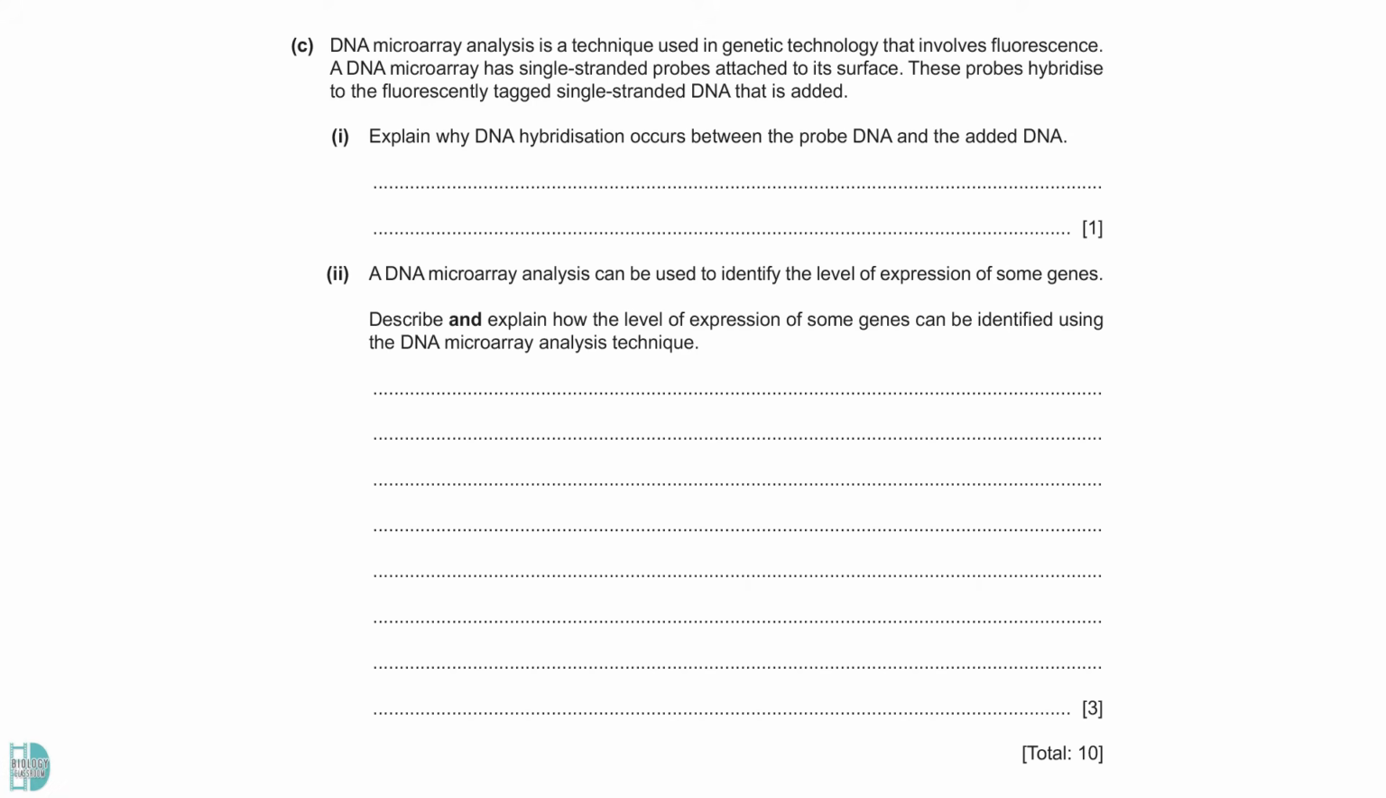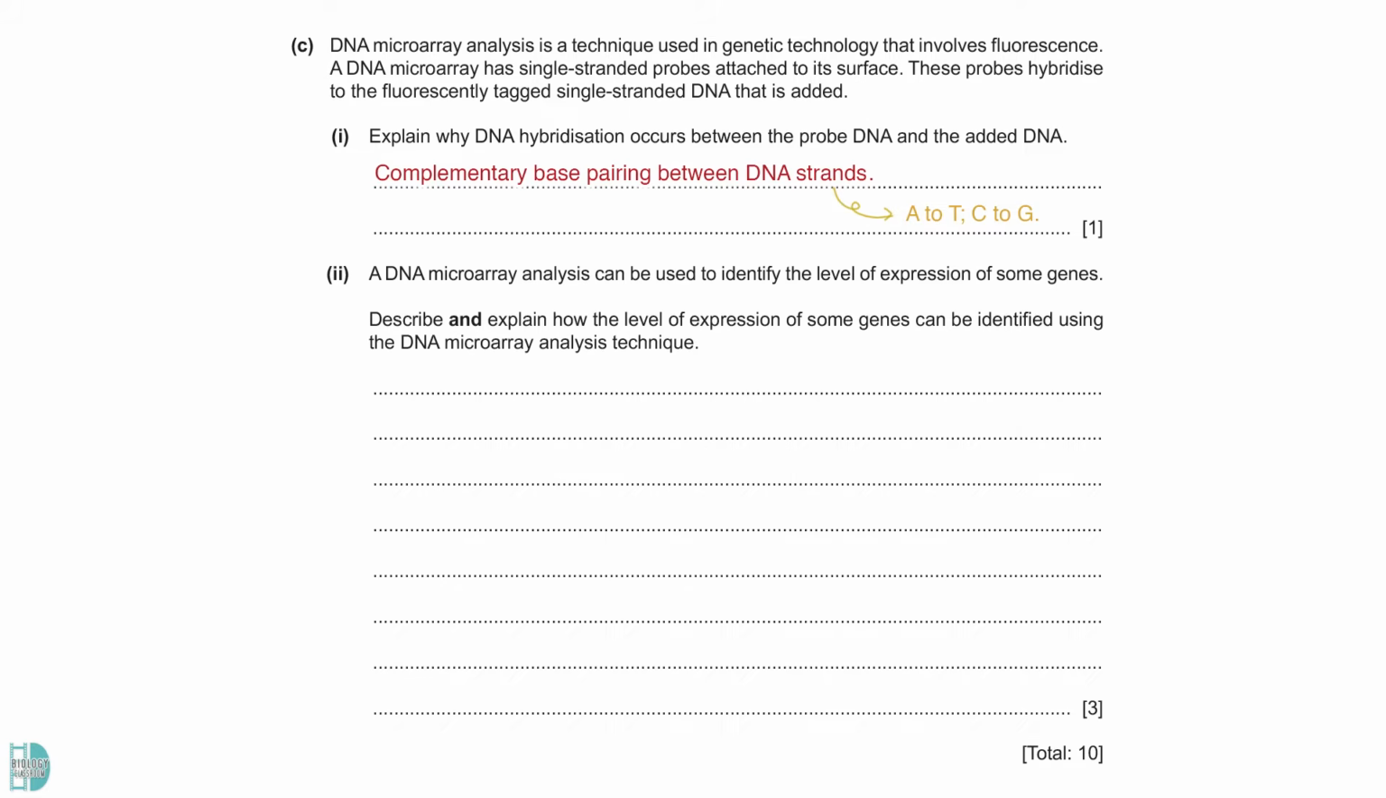C is about DNA microarray analysis. DNA hybridization occurs between the probe DNA and the added DNA due to the complementary base pairing. Hydrogen bonds will form between A and T and C and G. 2. Describe and explain how the level of expression of some genes can be identified using the DNA microarray analysis